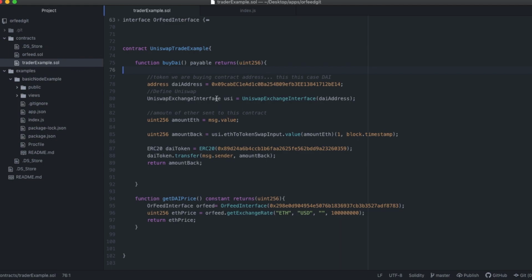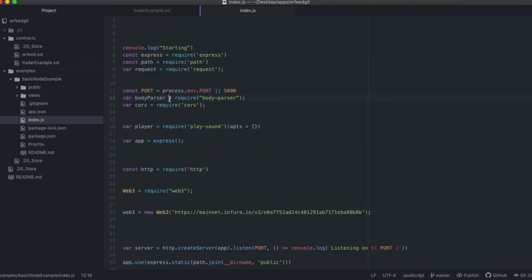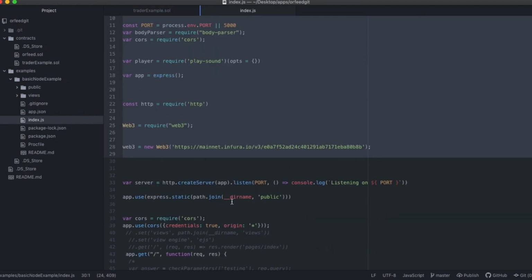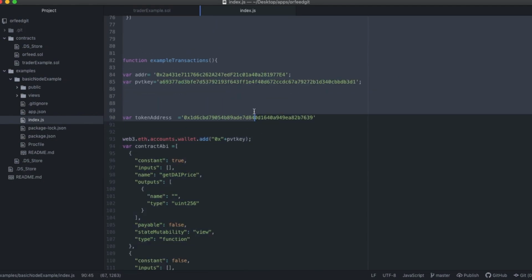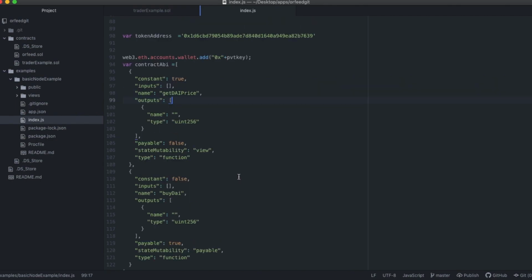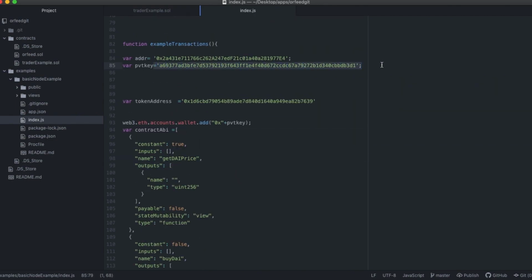So that node application is going to just do simple reading and writing. So this is what the node application looks like. We'll talk about this in a second. But basically, it can take a wallet. It can take a private key, right? A private key just is the password to a wallet that might have money on it. So I might have money on this address. And this private key authenticates and allows me to control the funds that are there on this address.